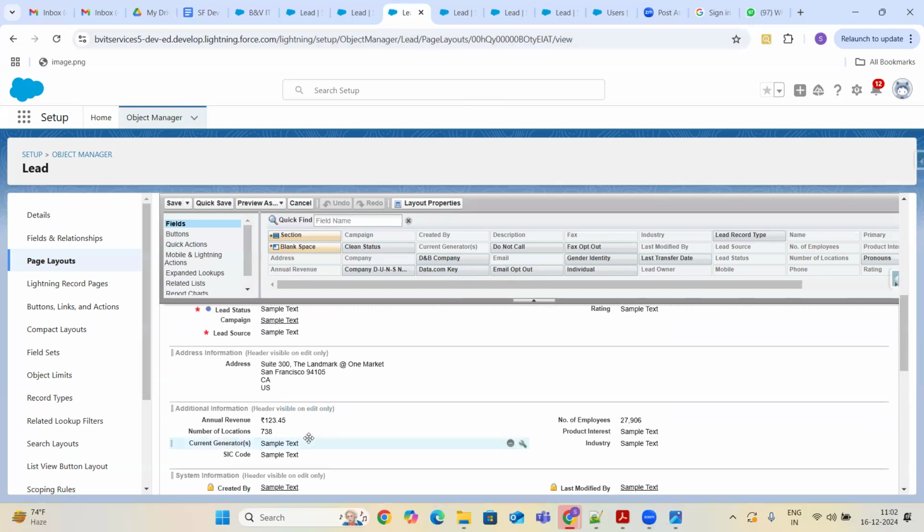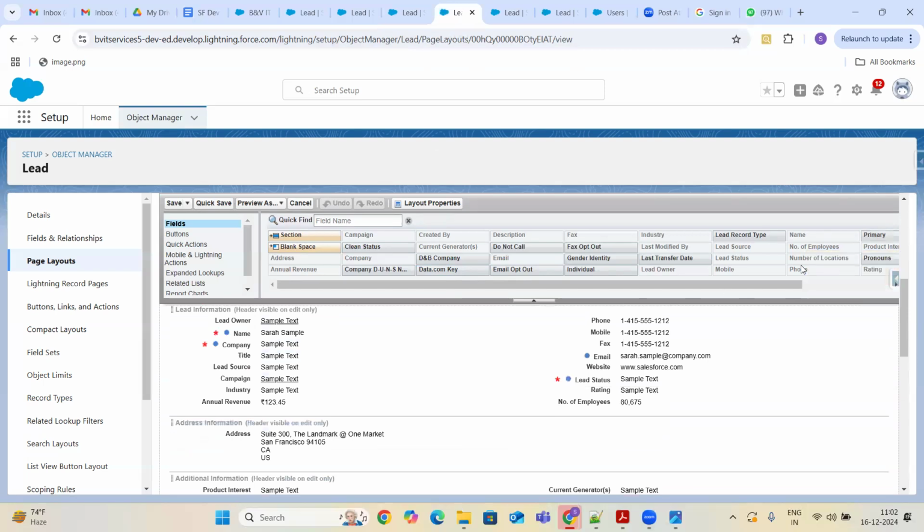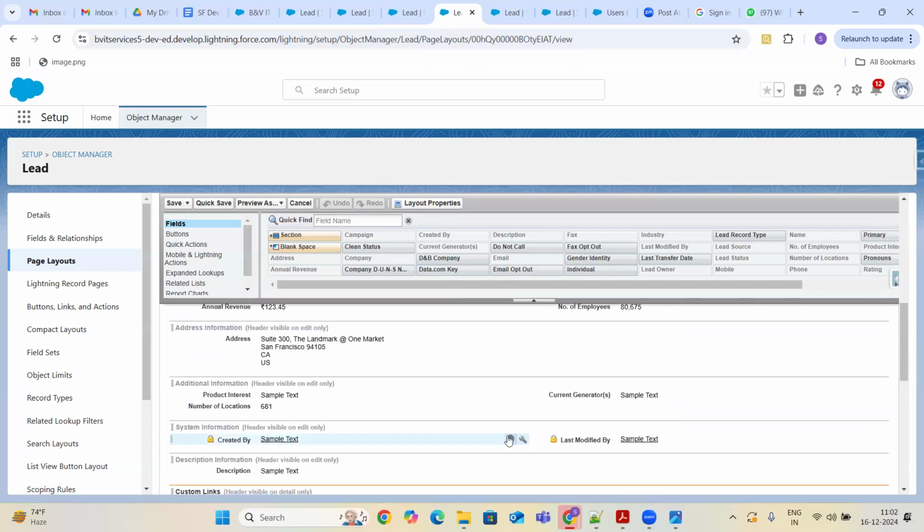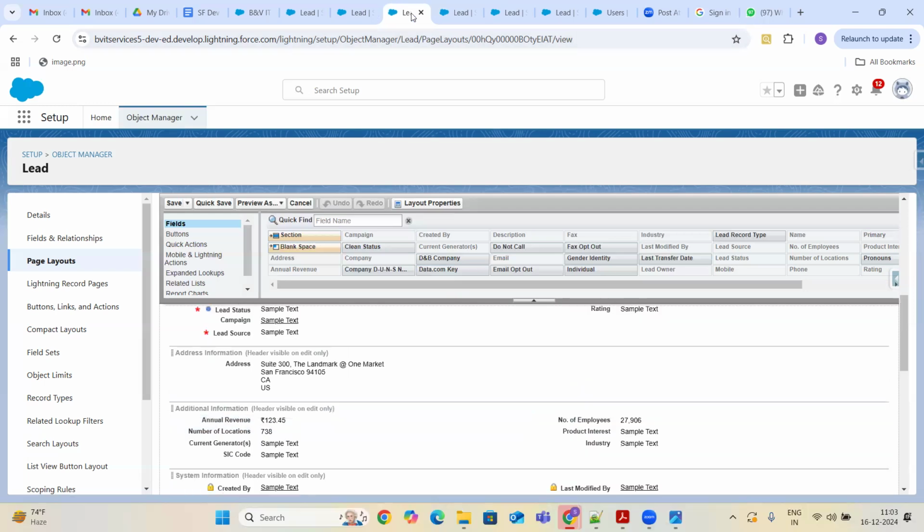I can see additional information in both, but the difference is in the additional information. Here I can see product interest, number of locations, current generators. Whereas in the marketing one, the additional information has more fields: annual revenue, number of locations, number of employees. This is the difference. The additional information section has some differences.